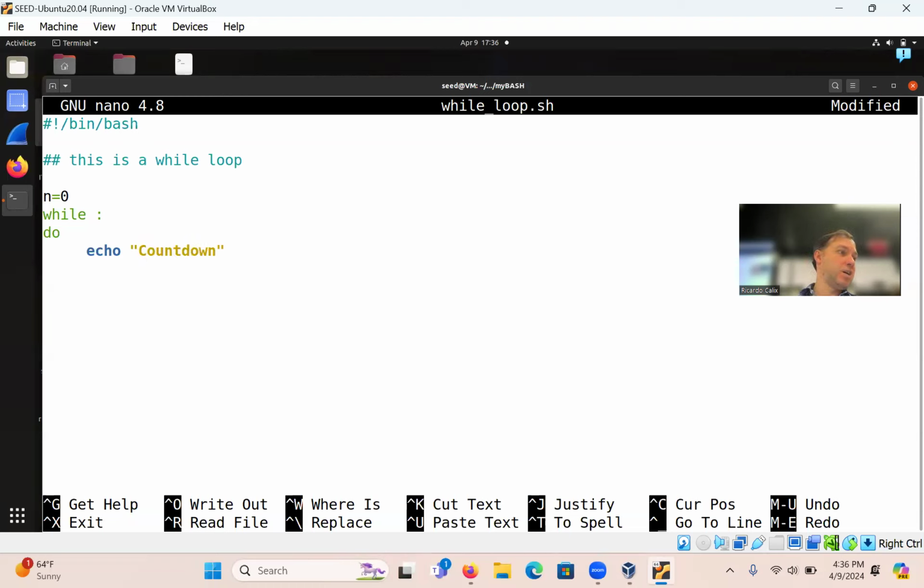I mean, it's count up really. And now remember the $n. So basically it's going to print this n, but we're going to need to increment this n, right? Like you do in counters. So we can do that here. Just notice we do something like that, and then n plus plus.